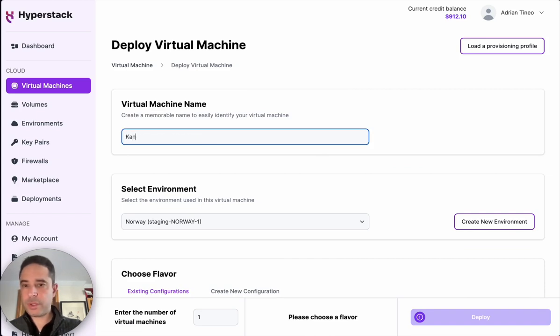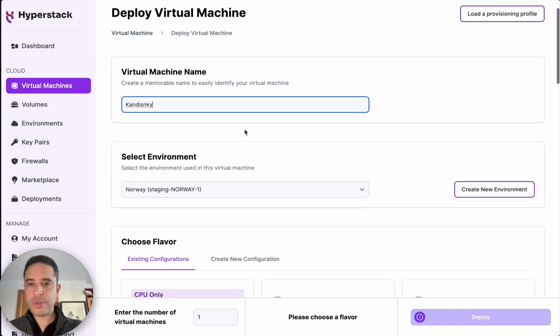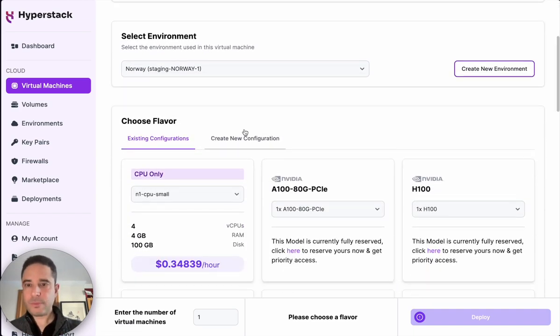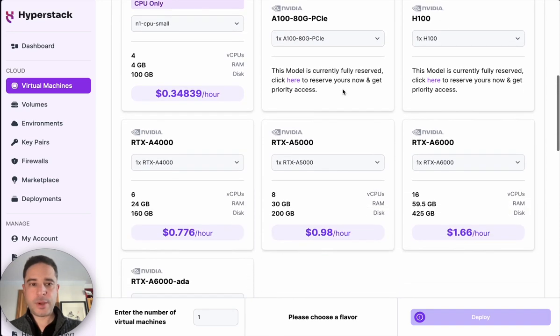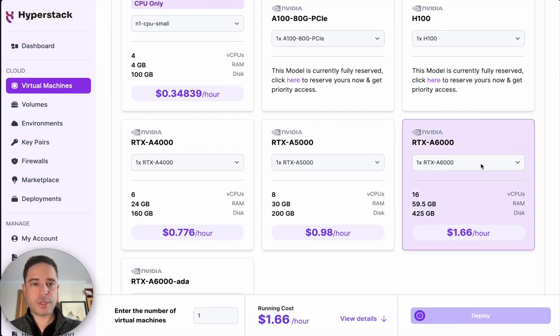So let's just call this machine Kandinsky. And let's go through the process step by step. This is going to be in the Norway Center. That's fine by me. And we're going to pick this machine, which is using an RTX 6000. This is a 40GB graphics card from NVIDIA where I'm going to be able to run my